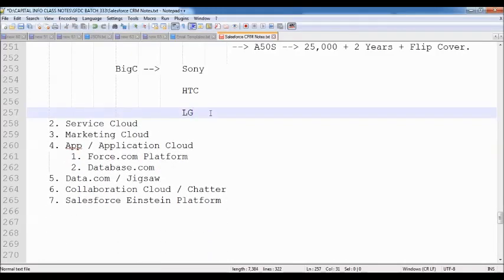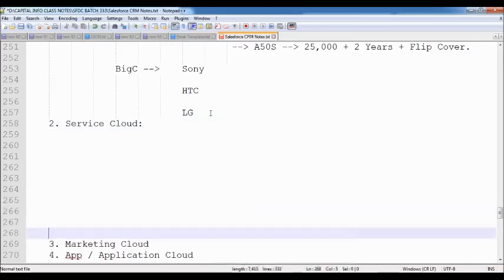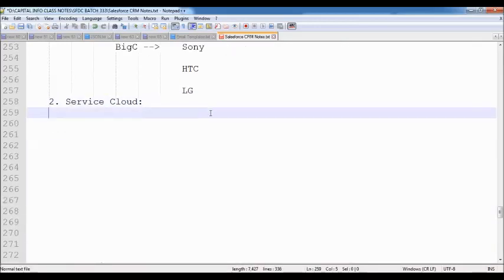The second one is Service Cloud. What exactly is Service Cloud? What is the use? What applications are offered by Salesforce as part of this Service Cloud? And what are the various objects that we are using as part of this Service Cloud? Now let's see practically in this case. So I already told you,